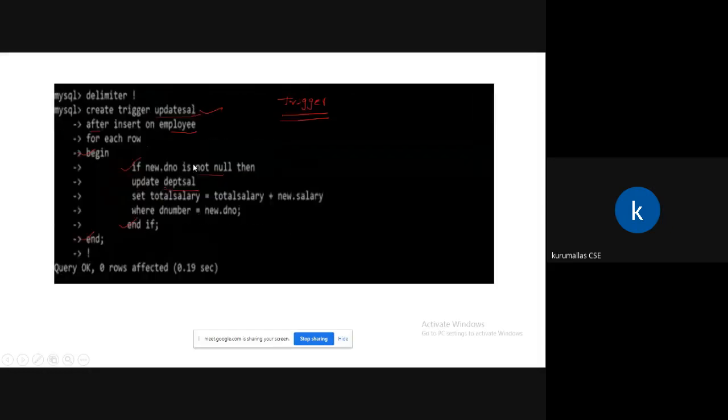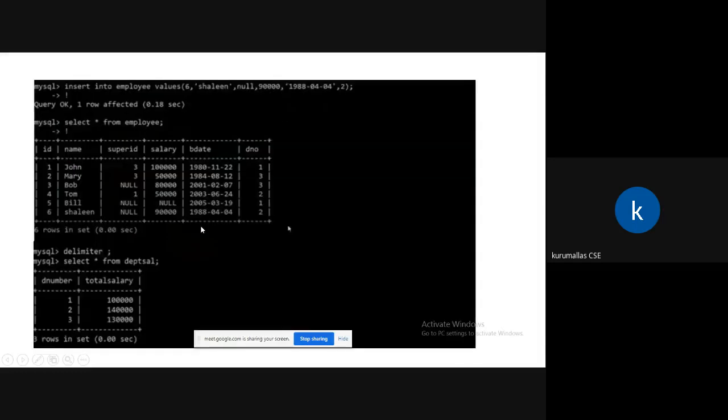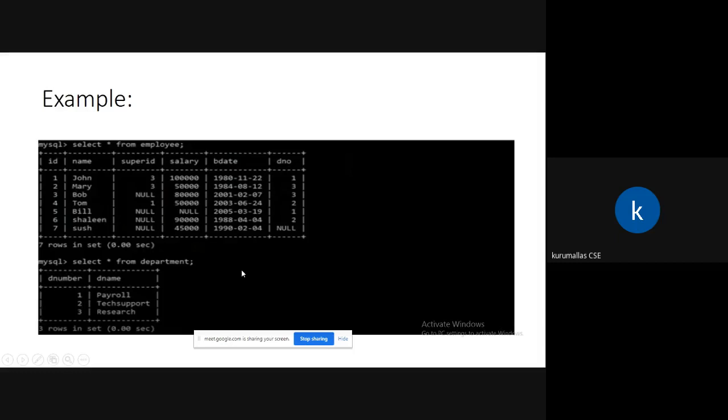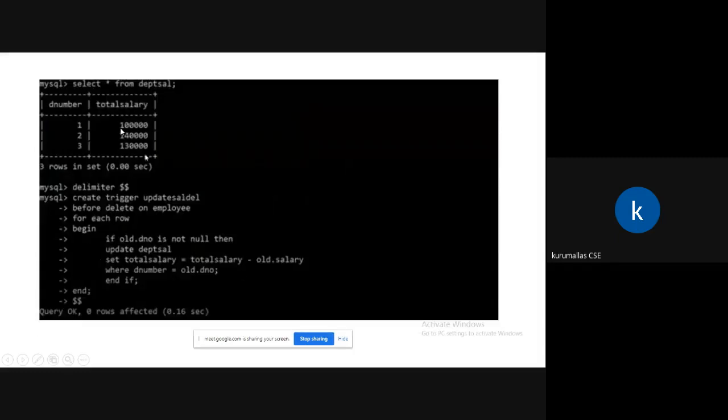It is false, so it should not go inside this one, and it will execute from the end condition. So whatever the previous values were, they remain: 1 lakh, 1 lakh 40,000, 1 lakh 30,000, right? This is about when d number is null.